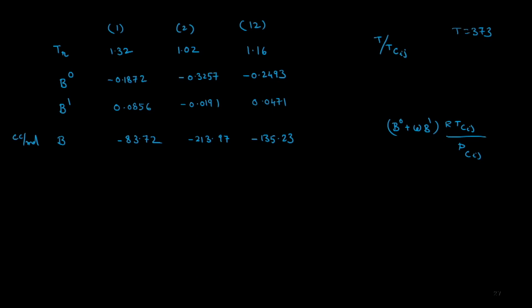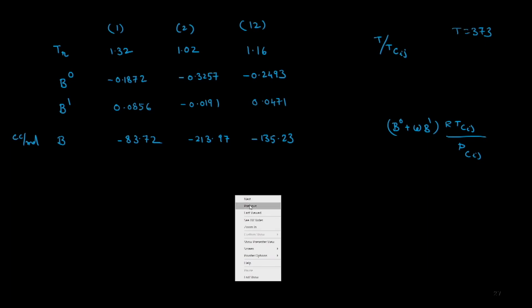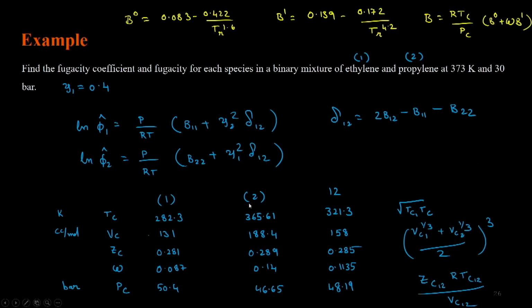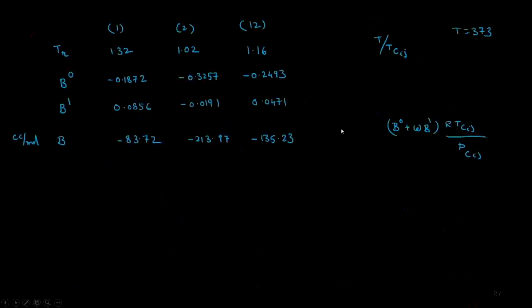Recall that I have obtained B0 and B1 using the formula we listed here in terms of TR, and then B, of course. Once I have B11, which is negative 83.72, B22, which is negative 213.97, and B12, which is negative 135.23, I